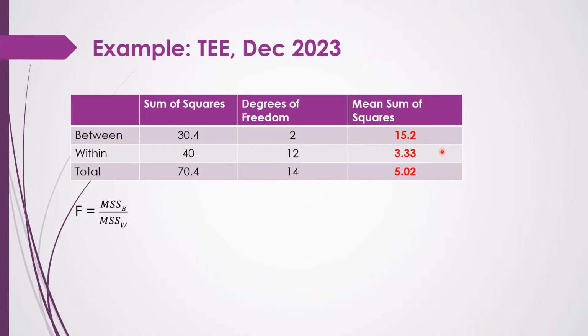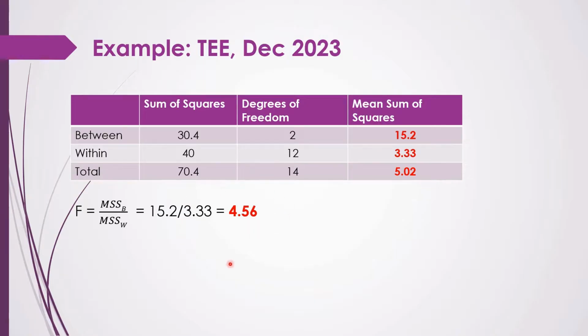These are the values: 15.2, 3.33 and 5.02. What is next? We calculate the F statistic. What was the formula for F statistic? This is the mean sum of squares between the group divided by mean sum of square within the group. Putting in the values, we have